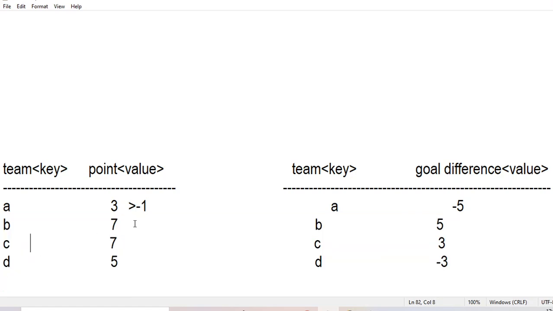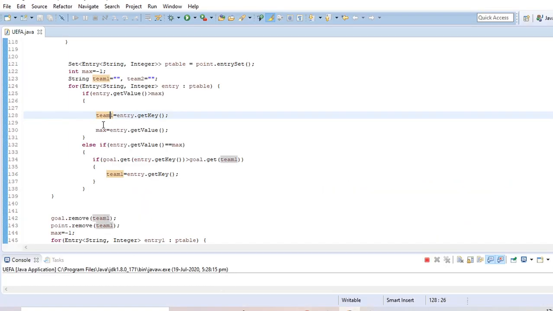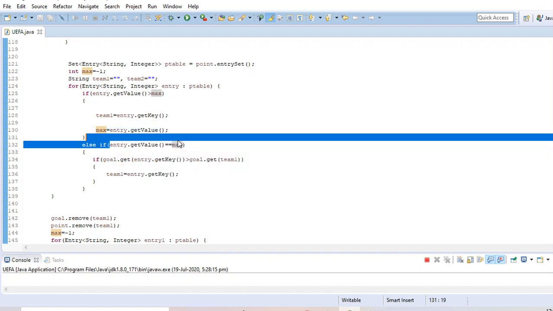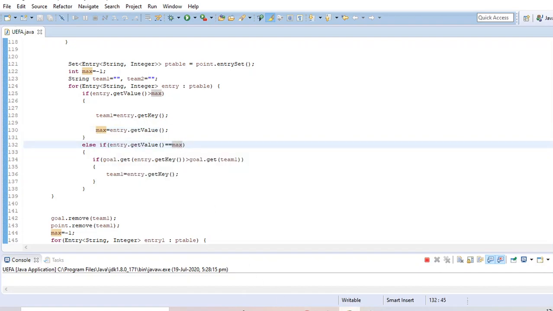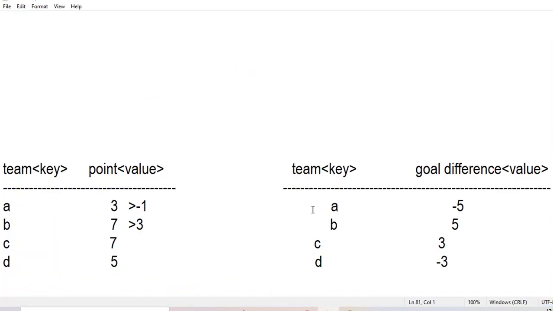Then again it will check for the second, third, fourth teams. Now the max value is 3. If it finds that this is true, then it will again change and this will be in max and this will be in team 1. In that way it will continue this loop and store the team name and maximum point in these two variables. Else if they see two teams have the maximum value, in that case they will check for the goal difference.